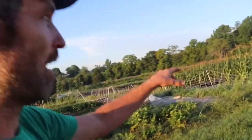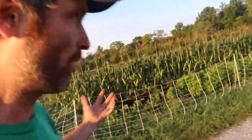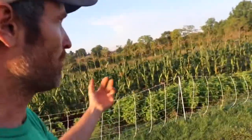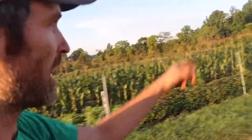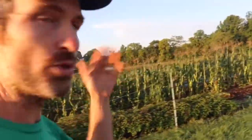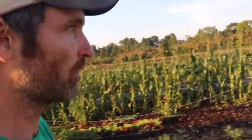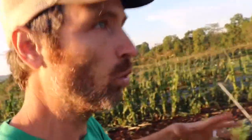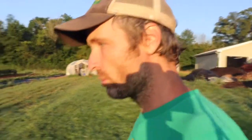So I'm kind of thinking, just occasionally having these rows of sweet corn for the family or for the CSA. I'm not going to do whole plots of sweet corn anymore, but we'll do plots like this where we'll do single rows or double rows of corn, and then even underplant it with a little bit of lettuce or something, but also plant lettuce on either side so you get a little bit of shade and a little bit of cool from the shade. You're also getting